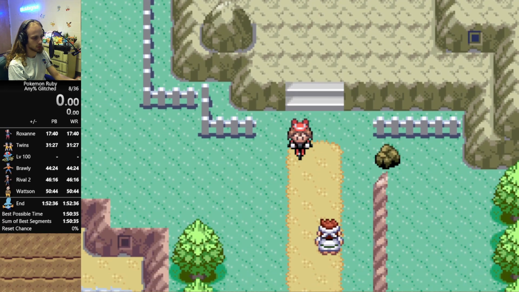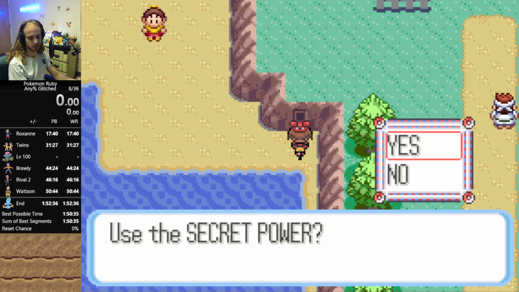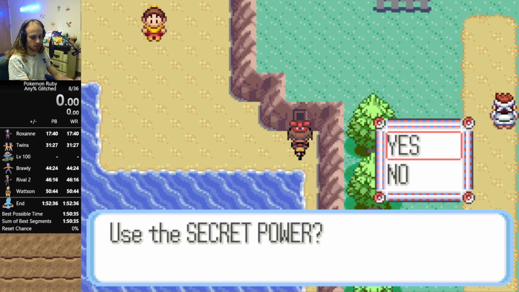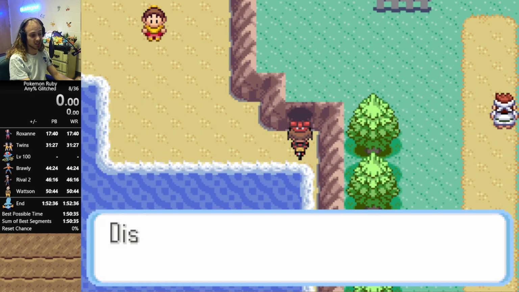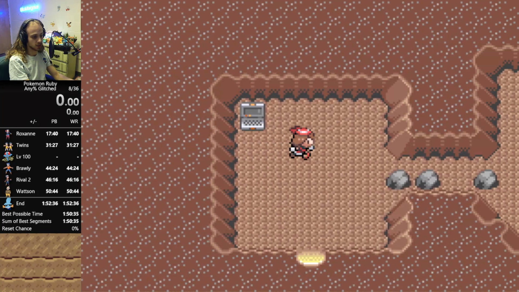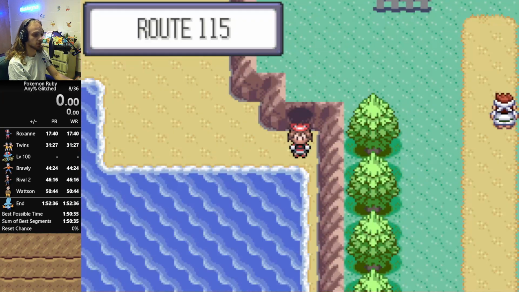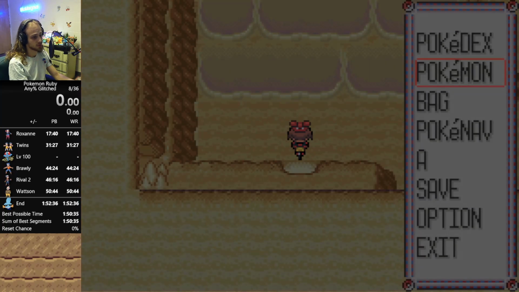One other use of the hole warp is it will kind of save your position. Like I said, it warps you to where you entered the place from. So we entered from Route 115, but because we hadn't entered any places, we just got dropped in the middle of the map. If we make a secret base, for example, which we just did like that, and now we do the same thing,